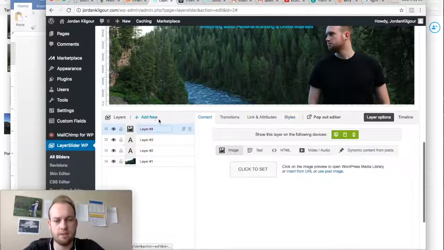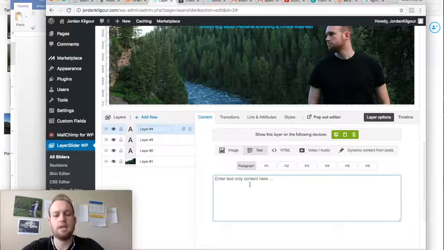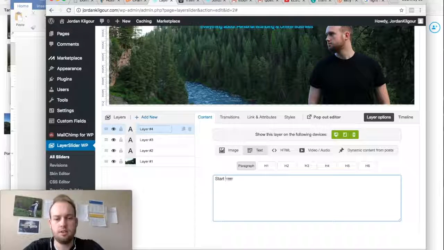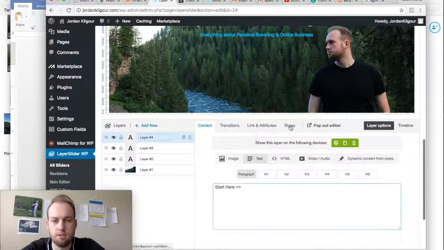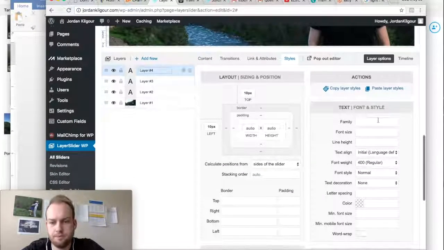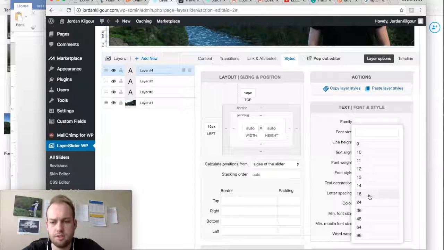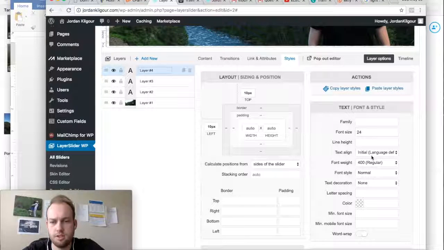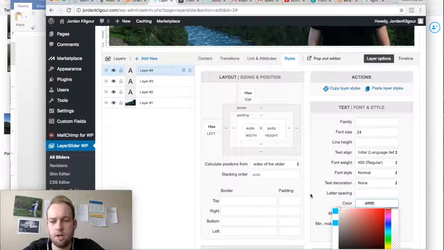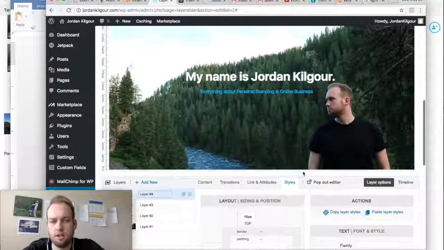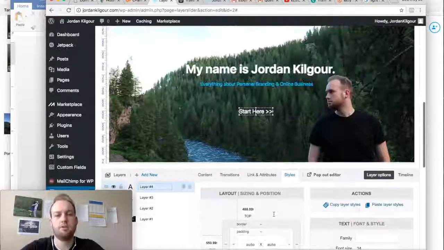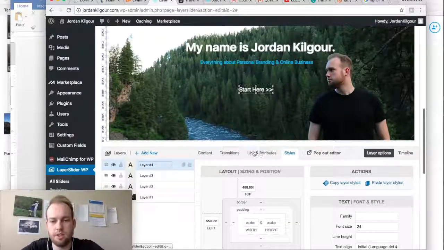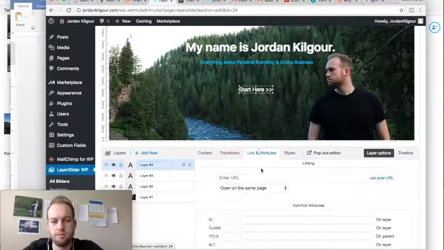So we're going to add another text layer right here, and we're going to click start here with 2 arrows like that, and come back over to styles. Change the font size. Let's make it 24. Want the color to be white, and let's pull that over here and see what that looks like. About there. Now if you wanted to add a link to it, we come over to link and attributes, and